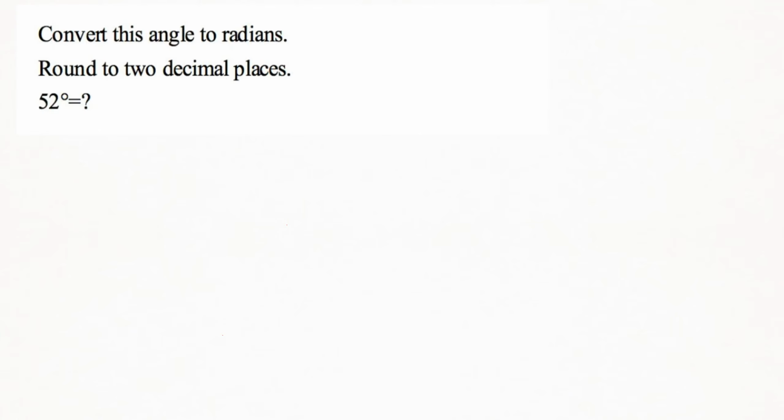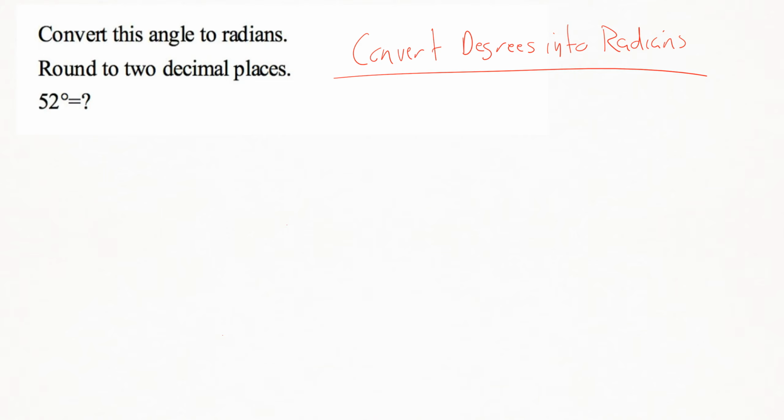In this problem, you're given an angle measure in degrees and they want you to convert it over to radians. In order to do this, to convert from degrees to radians, we just need to know the conversion factor and then we're done. It's pretty much a shove it into your calculator and go. So whenever we need to convert degrees into radians, we take our angle, which we call theta in our equation,